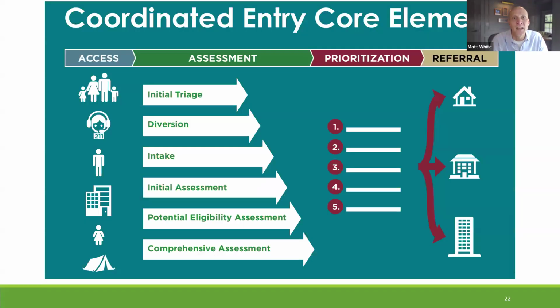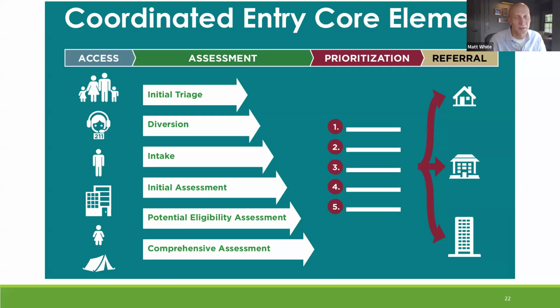HUD requires that all coordinated entry systems in all communities have these four essential elements. The access points, as I described, can be either one single point of entry or they can be distributed across multiple different types. As I said, it can be 2-1-1, it can be a shelter, it can be an outreach team, but you have to identify how to enter the system. And you have to market this. You have to clearly describe for persons in crisis what the instruction is or what the guidelines are to access